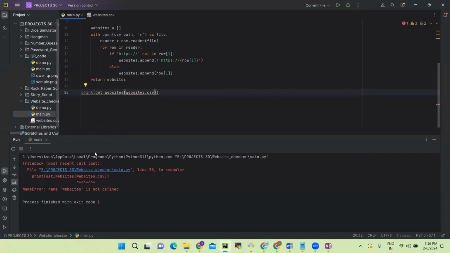Let's try to run it to see if we are getting the website information. Defined. Okay,